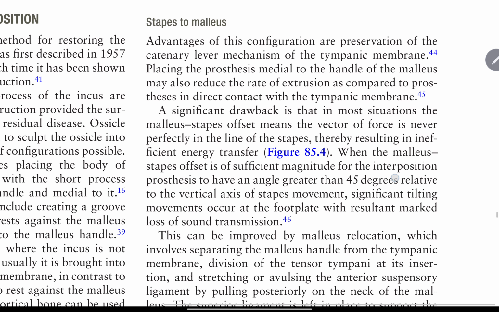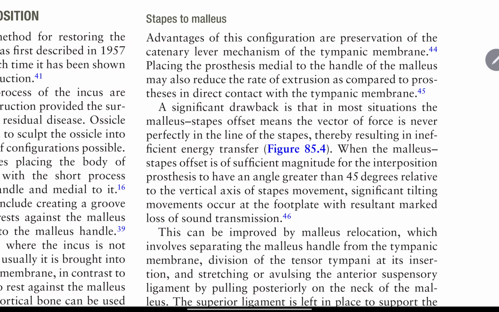Stapes to malleus. Advantages to this configuration are preservation of the catenary lever mechanism of the tympanic membrane. Placing the prosthesis medial to the handle of the malleus may also reduce the rate of extrusion as compared to the prosthesis in direct contact with the tympanic membrane. The significant drawback is that in most situations the malleus-stapes offset means the vector of force is never perfectly in line with the stapes, thereby resulting in